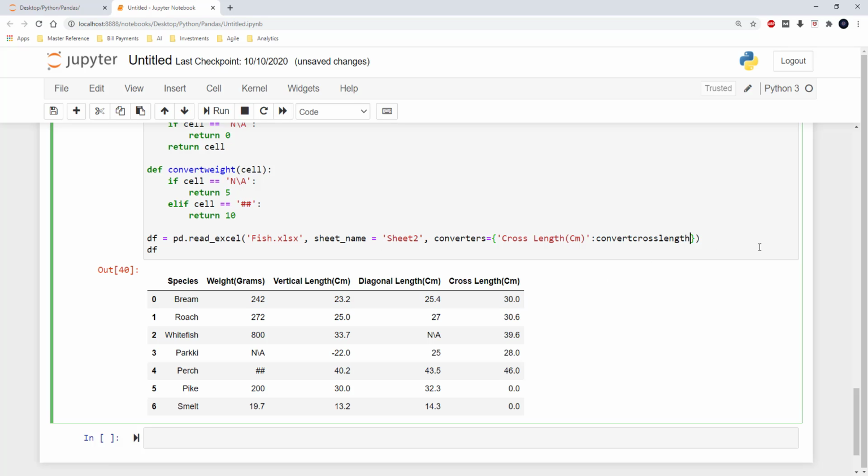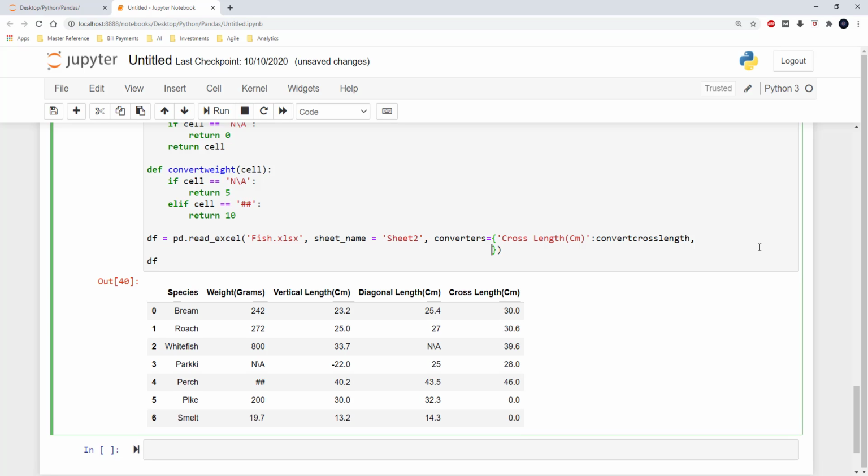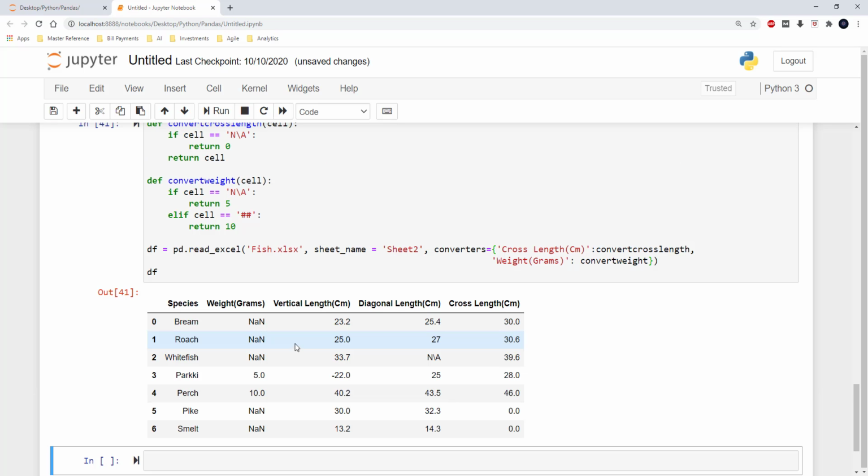So here I am just giving a comma, and then I am giving the name of the column, weight in grams, and I am giving the name of the converter, convert weight. Now the output should be having 5 for parkey and 10 for perch as weight. So when I run this piece of code, it just has 5 and 10,